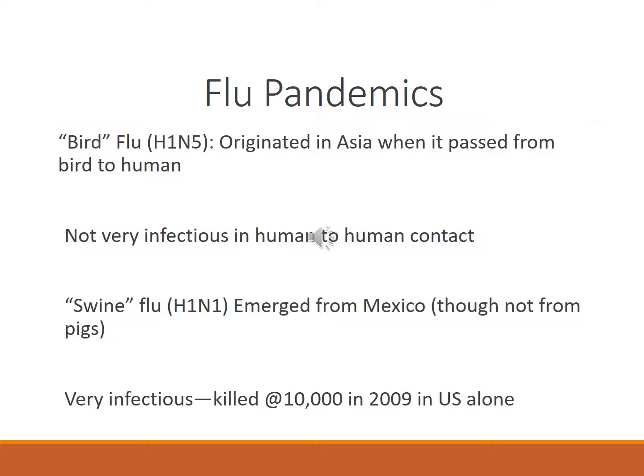A few years later, however, we did see the emergence of a very powerful flu virus called the swine flu, or H1N1. The virus was believed to have come from a pig farm in Mexico, although it turns out that wasn't true, that it was just a particularly powerful strain of a regular flu virus. This virus was very infectious. It was very easy to get this virus once it entered a fairly dense population. In 2009, it's believed to have killed about 10,000 people and tens of thousands more beyond